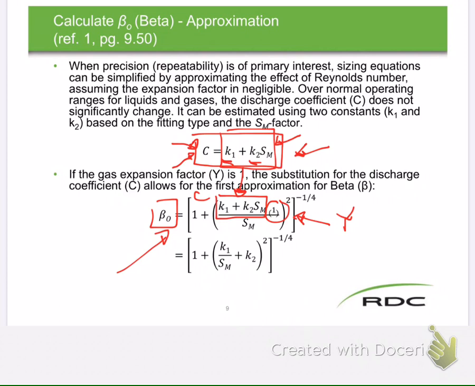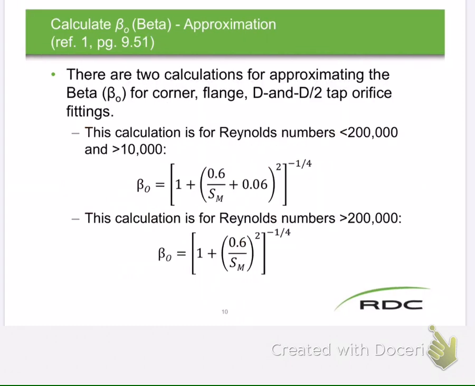So the slides coming up are going to give us these values here that we're missing. The sizing factor, we know how to figure that out. We've derived that from our fundamental equation for mass flow. And then these two here are going to be specific to the type of meter run that we're going to be using. And the one that we're going to be typically or always using, in all of our examples, is a flanged tap